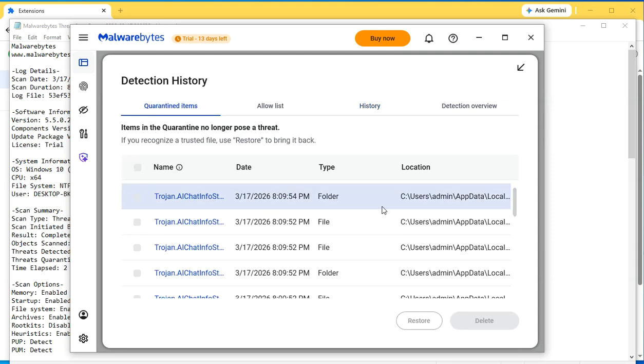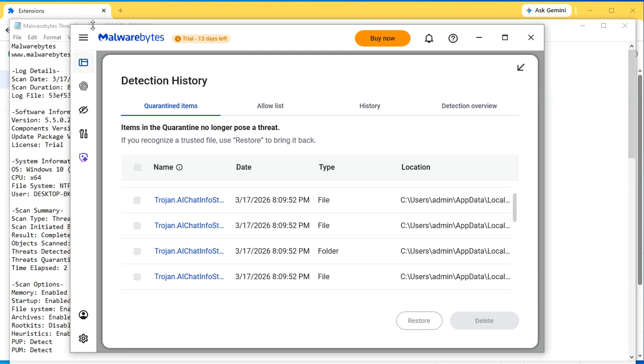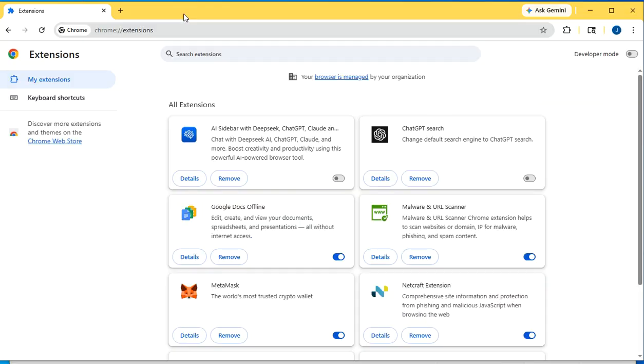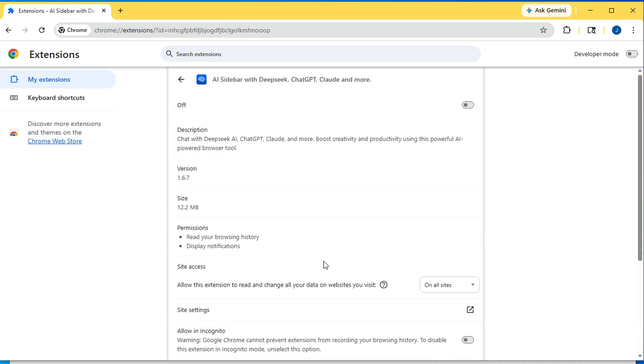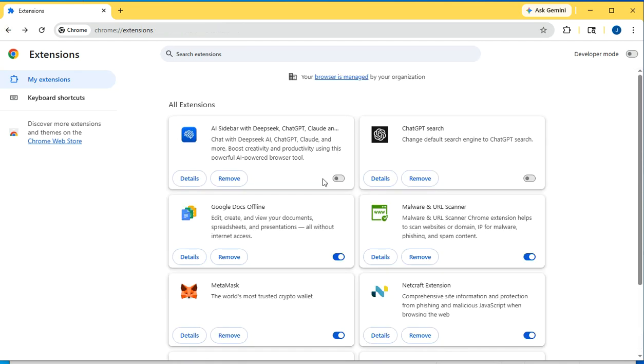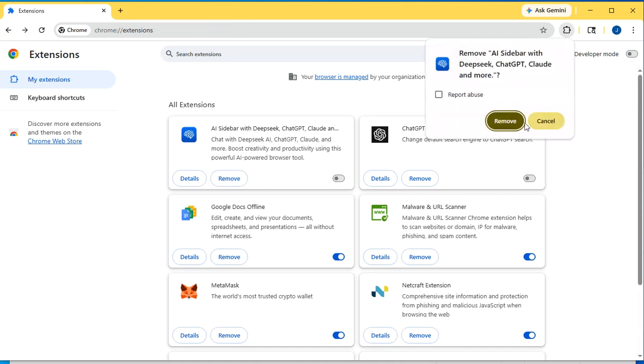If you have that plugin, or not the plugin, that extension on your browser, just make sure that you go into your browser's extensions. In my case, I had it installed. I disabled it just to record this video and show you how it looks, but I'm going to remove it. There's no reason for me to have this extension installed on my computer because it's not only capturing the information on the extension,